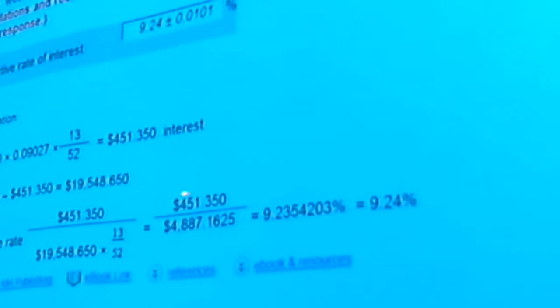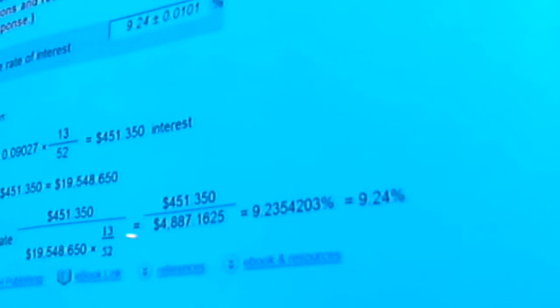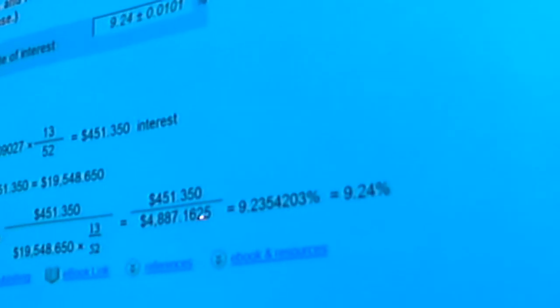All right, so we move on over to the next step with doing the calculations. They've done the bottom part for you, and it results in this number. Now it's simple. We used to divide